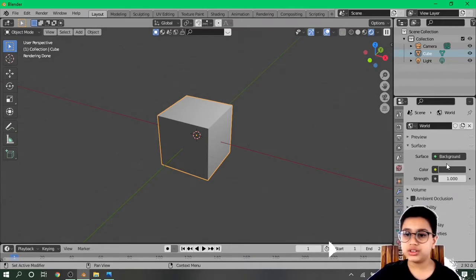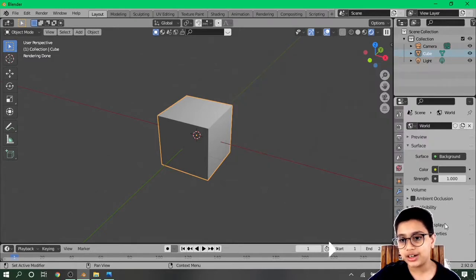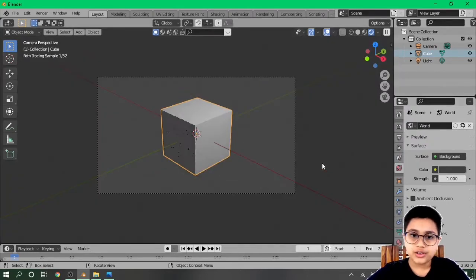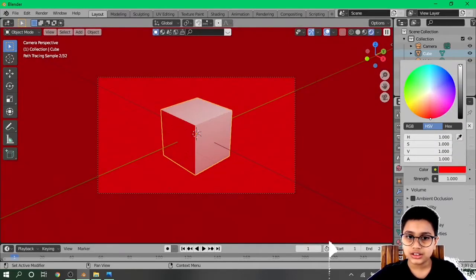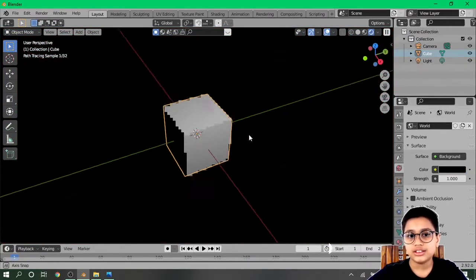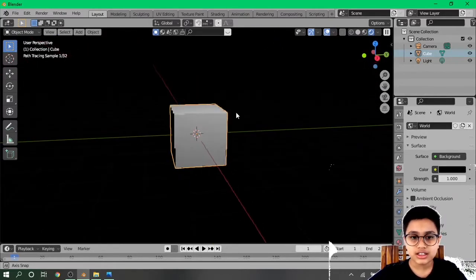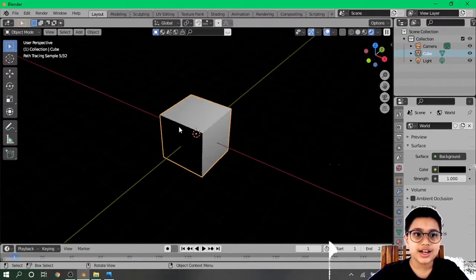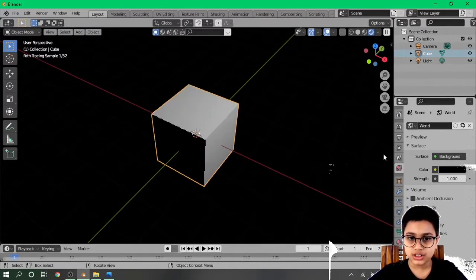Then we will use the world properties. Here you can add an environment or a background, and you can also add a background color. If you add a black background color, then the face where the shadow is on will also get black, but the background will also get black.